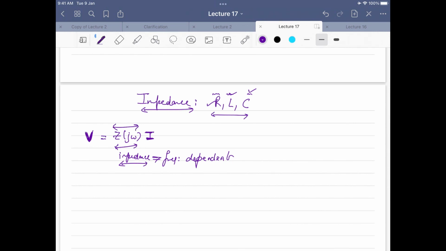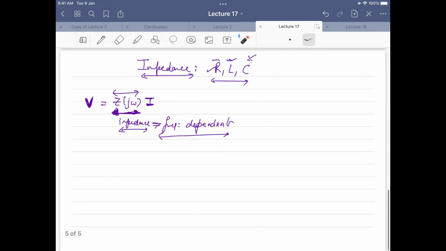But in the circuits we are using, the frequency is the same and we are not changing it. You have to know that this can change if the frequency changes. But all the derivations and important concepts we will be discussing are based on the assumption that the voltages and currents are complex sinusoids of the same frequency. That is the important thing. This is just for your information that it is a frequency dependent parameter. If omega changes, which is not in this course, then what we call the impedance also changes with the frequency.